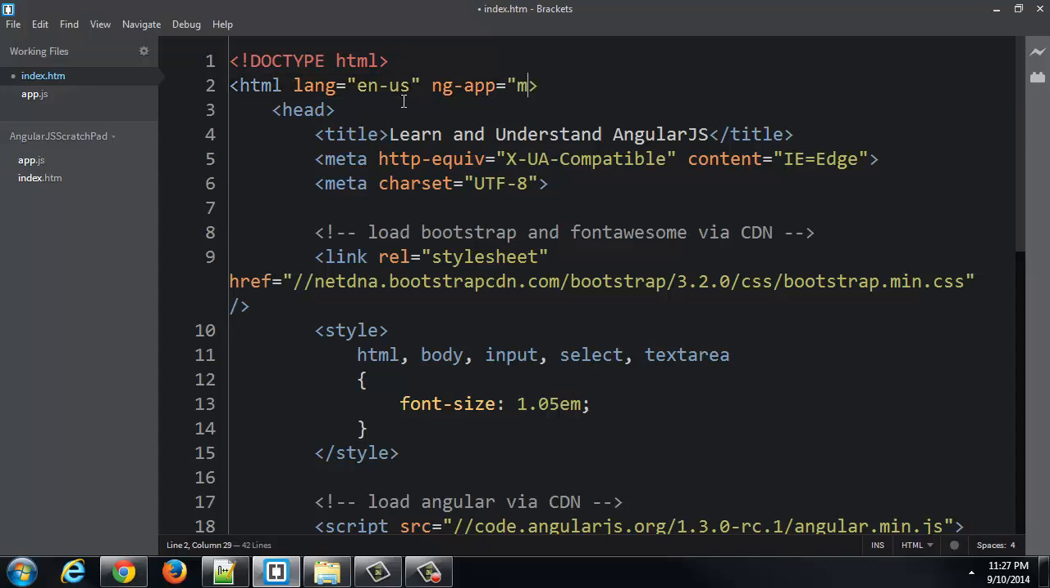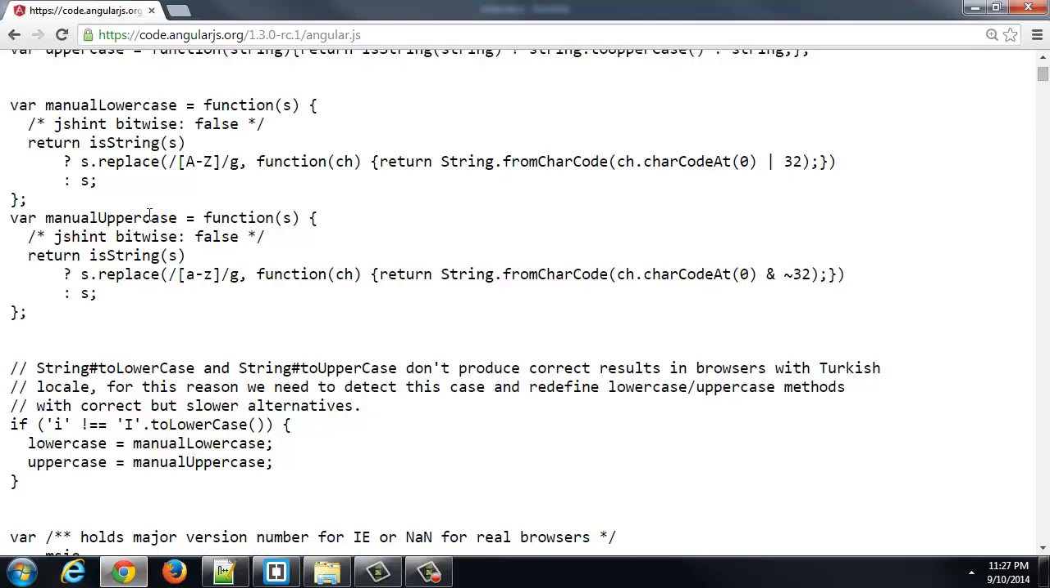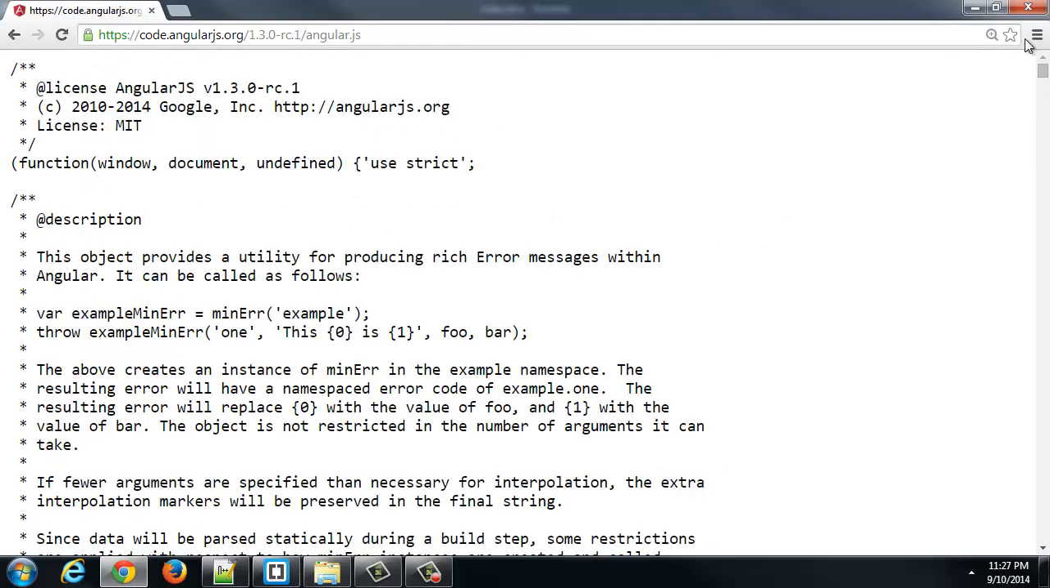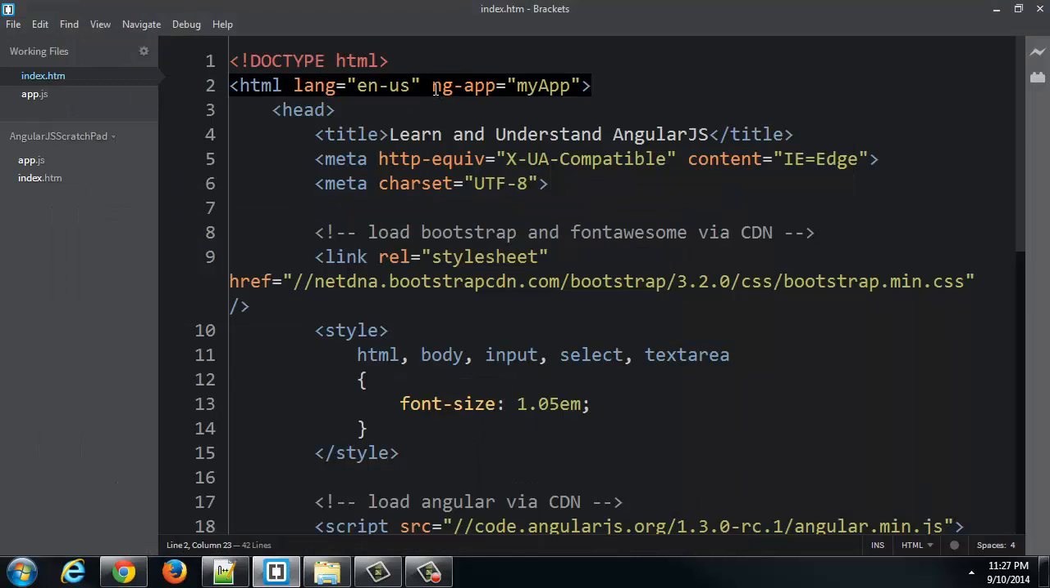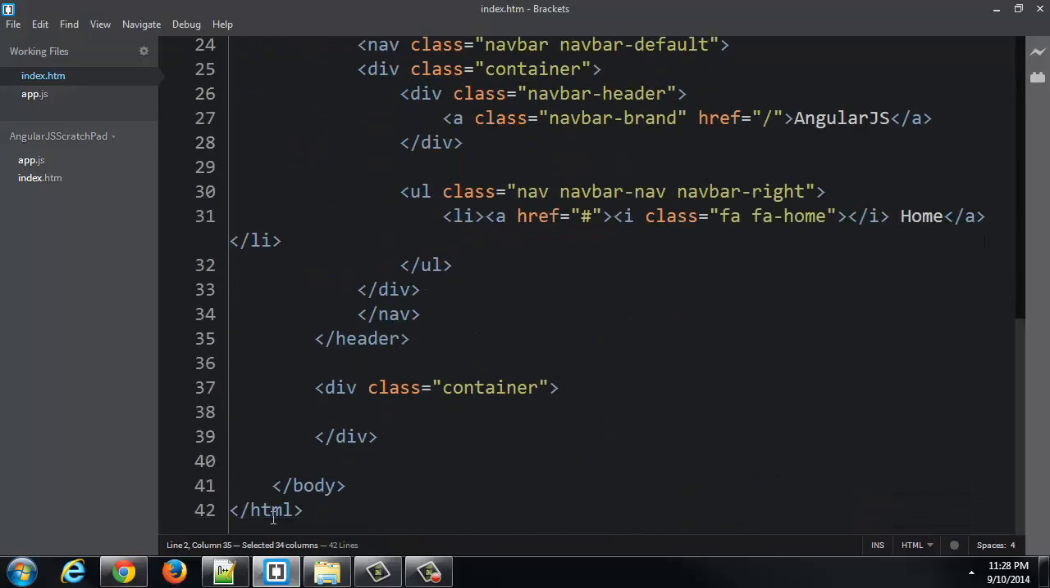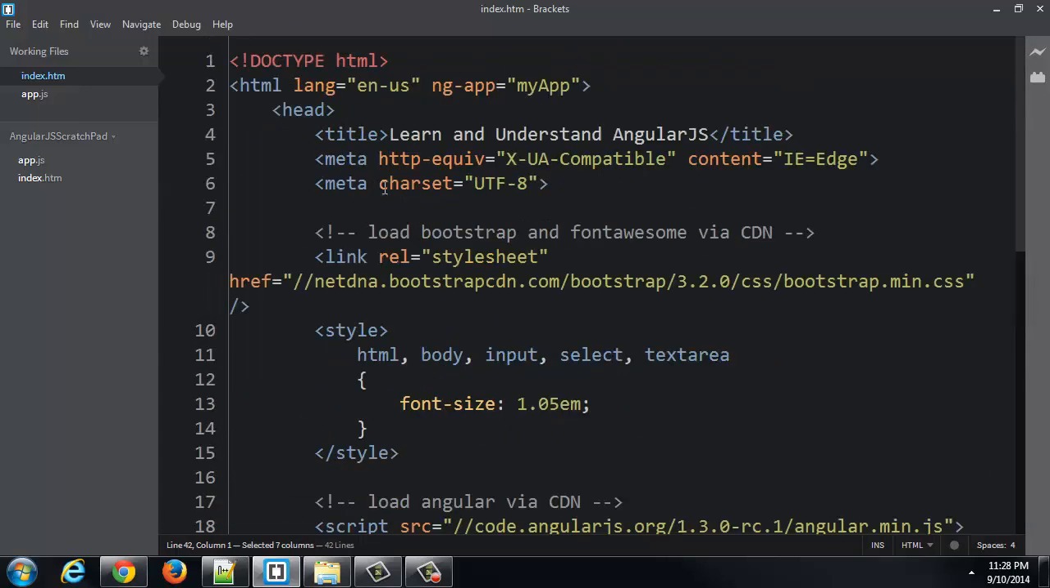ng-app equals myApp. What is this doing? Well, remember, we're allowing ourselves a custom attribute. This is one that all that AngularJS code looks for. It says, okay, everything inside of this, everything from where this tag starts to the bottom, or everything inside that